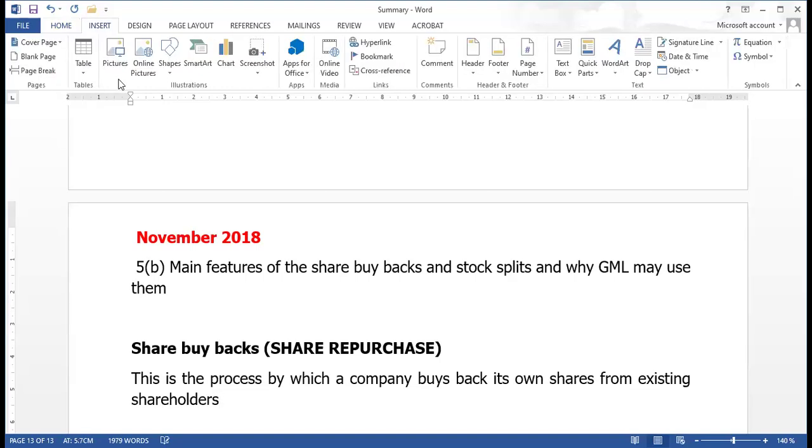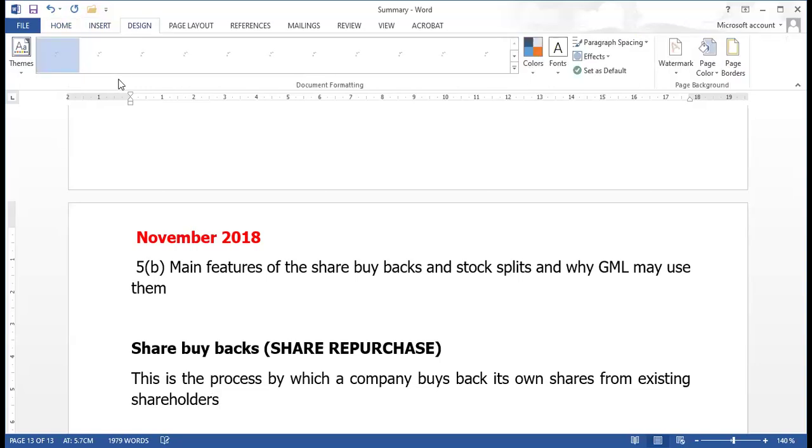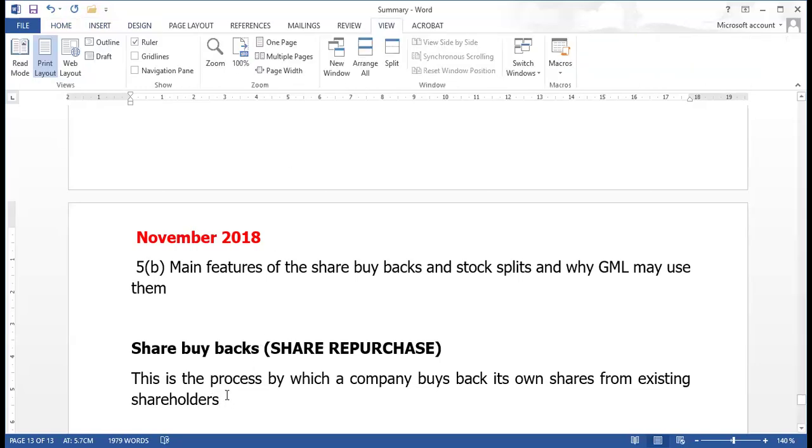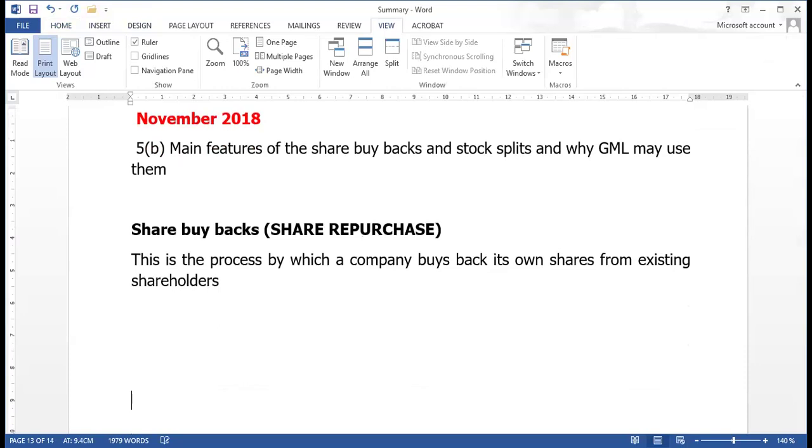So you are buying back your shares from the existing shareholders. And when you are buying back these shares, it could be